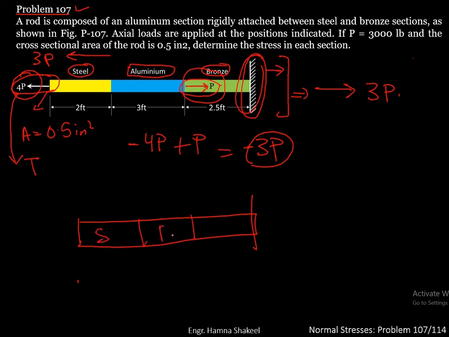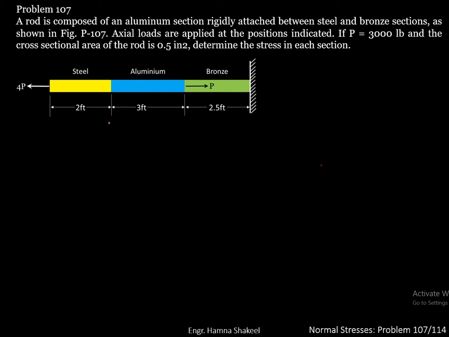You have steel here, you have aluminium here, and you have bronze here. So force of 3P is acting here, and you have got a reaction of 3P at the rigid connection. Let's now locally analyze this rod. Let's start with the steel section. So if you draw a free body diagram of the steel section,